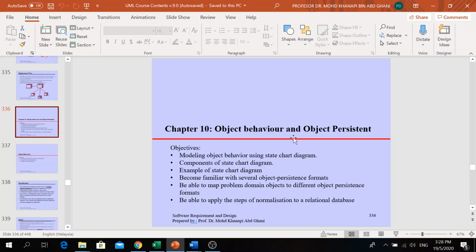Today we will cover chapter 10, object behavior and object system. We will start with the object behavior first. As I mentioned in the previous chapter, especially on the object and class chapter, every object has a name, state, and behavior, right? So object behavior